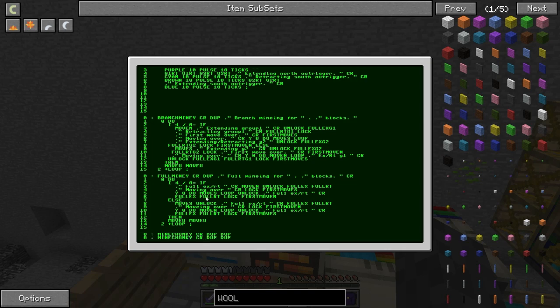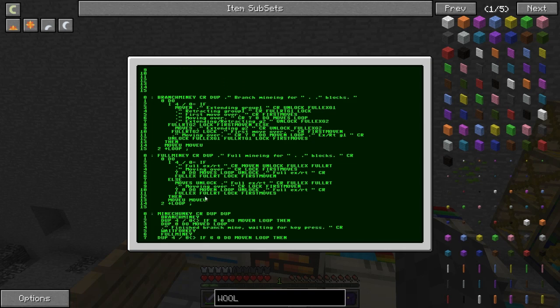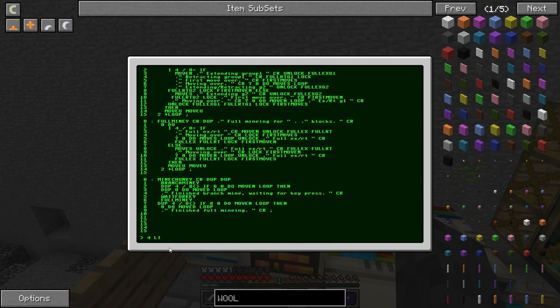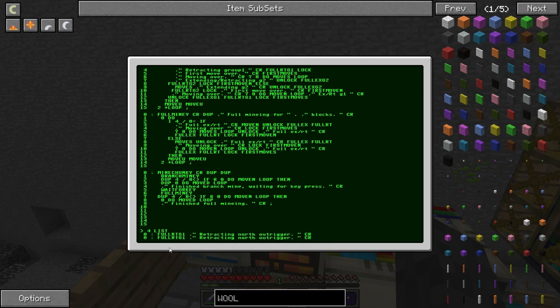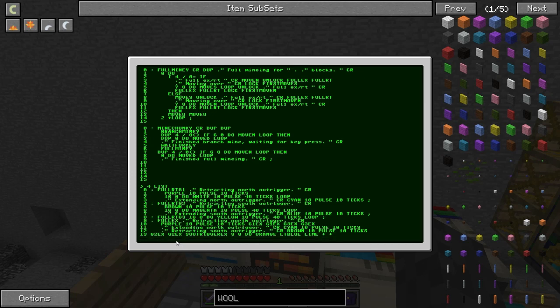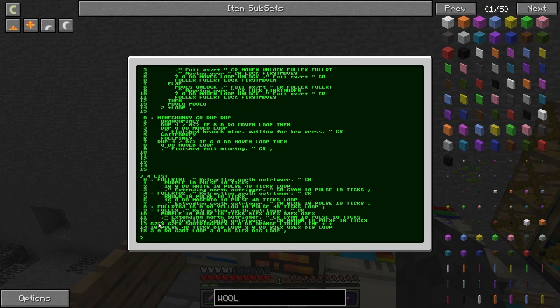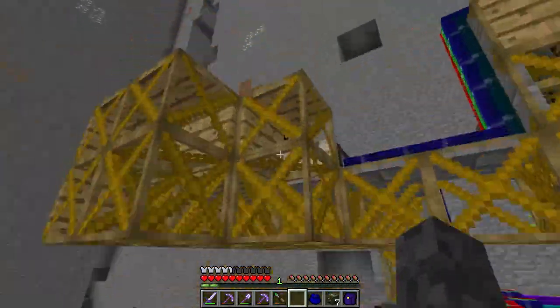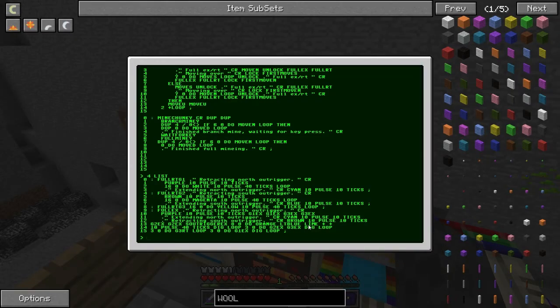Okay. Let's see, where are we? I think I should go back to 4. Is that the one we were looking at? I wish this would print faster. Okay. So this is where they're all just past these outriggers. Then